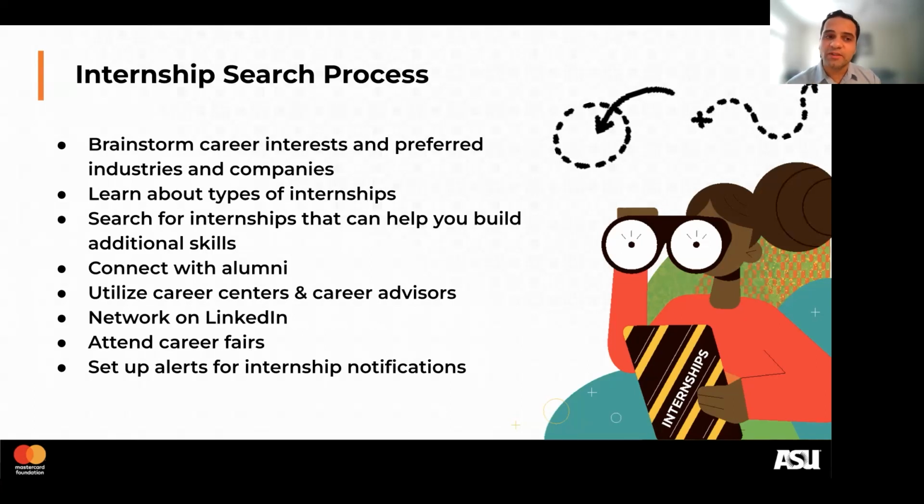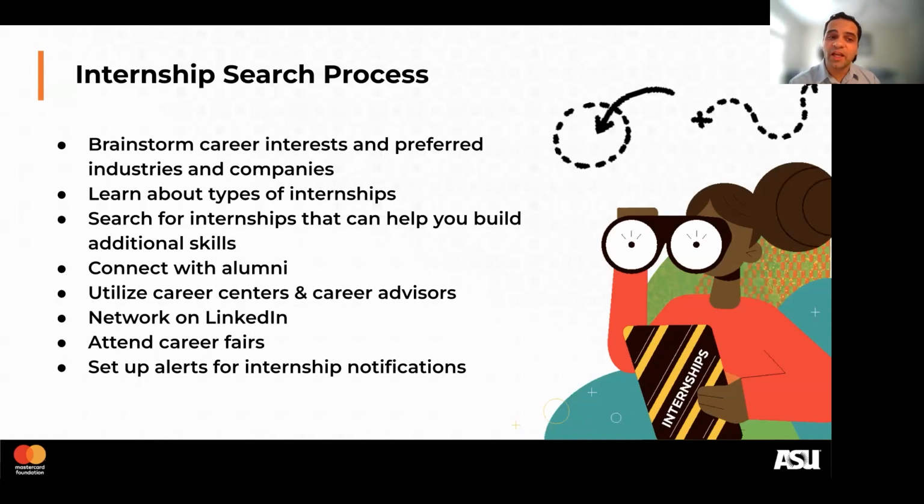The internship process also means learning about types of internships. There are different types of internships available. For example, some are paid, some are unpaid. Some unpaid ones could give you more experience than paid ones in some cases. So again, when you evaluate, which we'll talk about later, be very careful about it. Some have a certain length of time. Some will give you maybe a hybrid possibility: you work some from home and sometimes go to the office. There are different types. Explore the types and what they offer and see which one works better for you. This is part of the process.